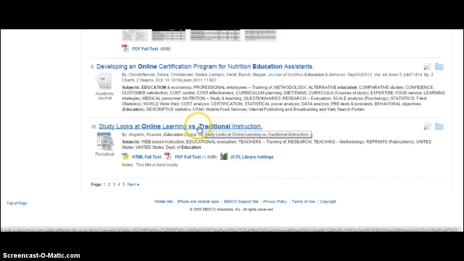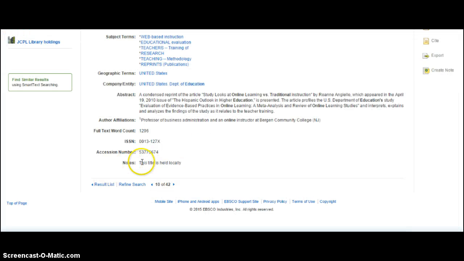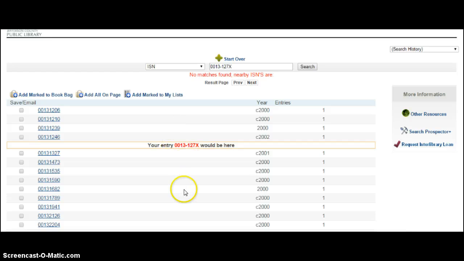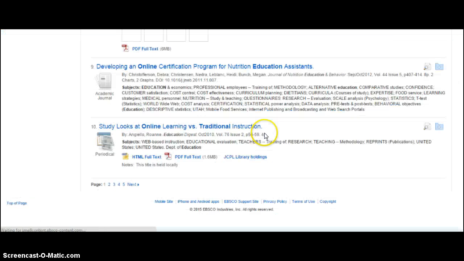Oh, actually this looks really good too. So let me take a look at this. I'm going to click on this here. And it says the title is held locally. I would probably need to get in touch with my library about finding that. Let's see, just for fun, I click on that and it would have it here. I would probably want to contact a librarian if I were really, really interested in this particular source. So let me just go back to my result list